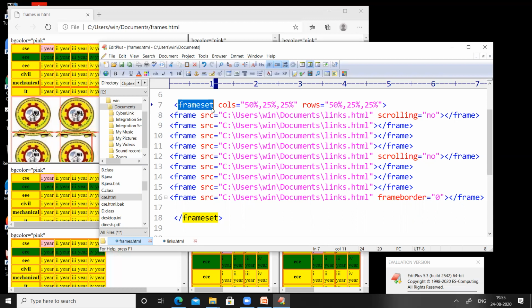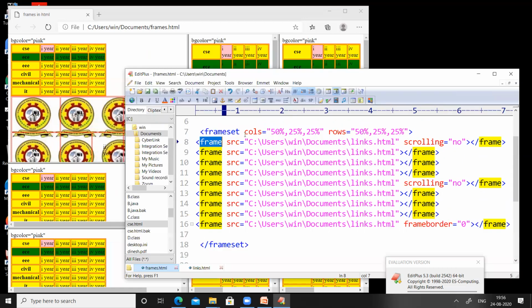Similarly, under the frameset tag, we have to use a tag called the frame tag, which will display a particular web page in the frame. Here we have divided the web page into 9 parts, where there are 3 columns and 3 rows, which means there will be 9 frames.